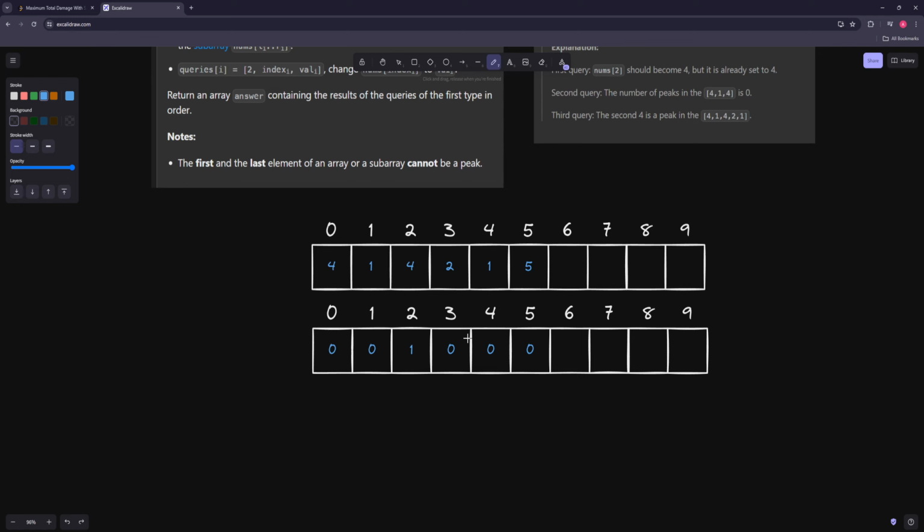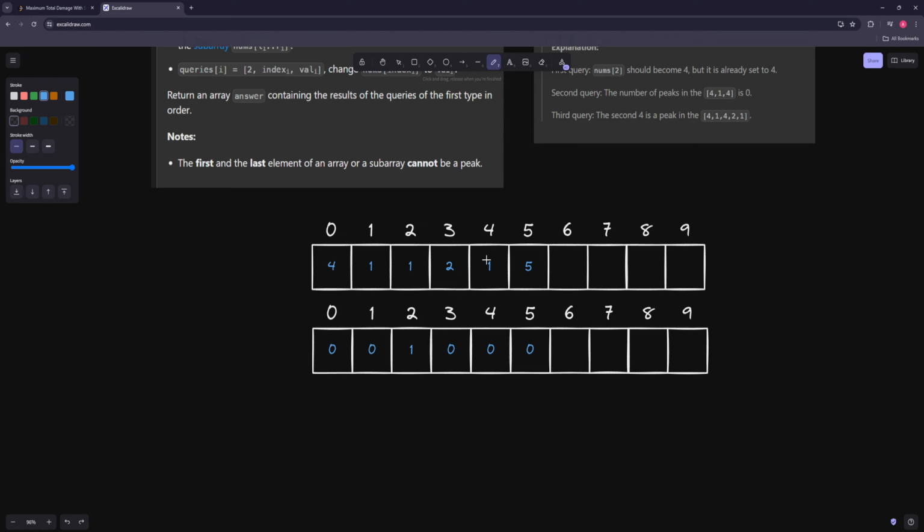Now, step 2: what happens when we change a number? So let's say we change this number to, let's say, a 1. All we have to do is check, is this number still a peak? And are these two numbers still peaks? Because when you change one number, the number to the left and to the right might become a peak when it wasn't, and this number might change. So all you have to do is check 3 numbers. Did they become a peak? Did they switch? And if they changed in the peaks array, then you make an update